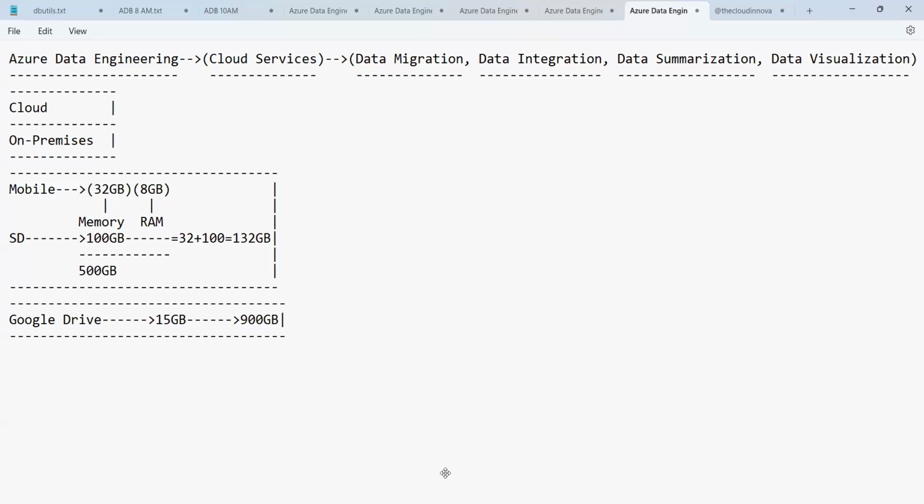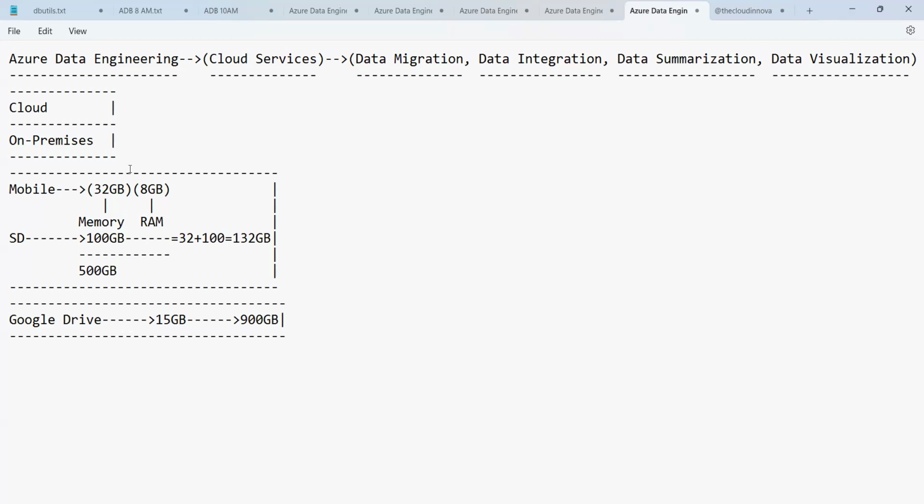So now, guys, whenever you have a massive amount of data, or data keeps on adding up, that means every day you will get new data. Rather than storing the data in the mobile phone memory, it is always recommended to store the data onto the Google Drive. Am I right?